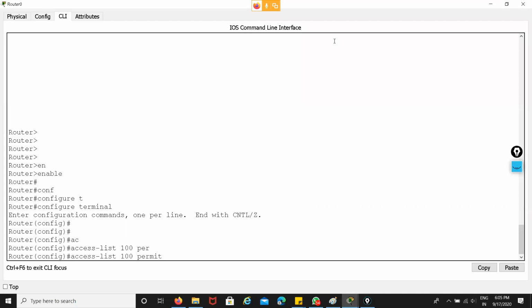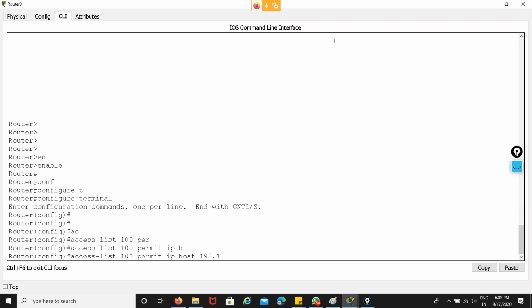So if you want to allow all the traffic, then you simply choose the command permit IP. IP means all protocols. You simply allow all the protocols for the host 192.168.1.4, whereas the destination is any.